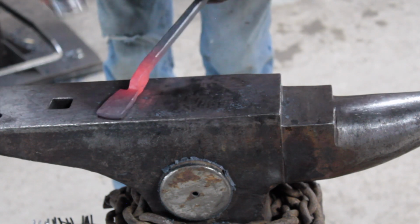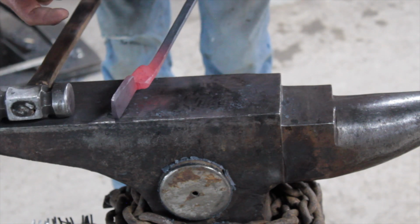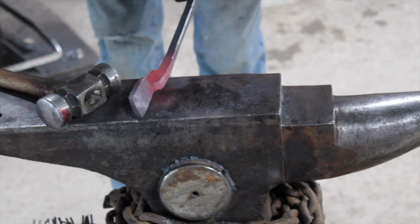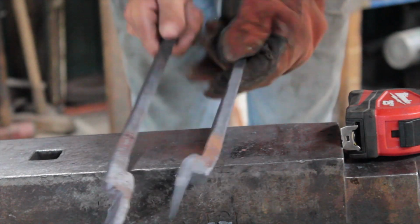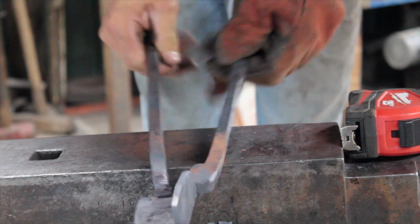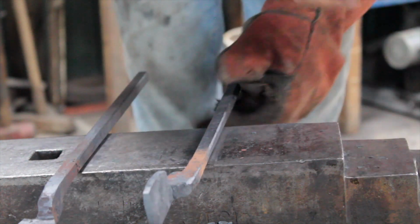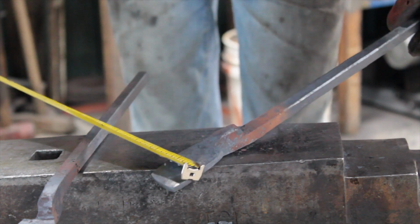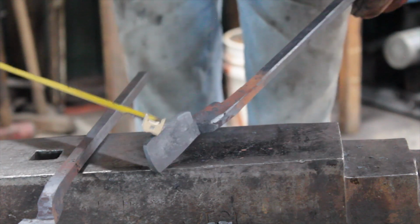With a V-bit tong, you can get your jaw fairly thin because all your strength is in your angle. And then it's a lot easier to finish it out. Always make sure that you keep checking everything to make sure it's looking symmetrical. Everything's looking about where I want it. These wound up being about an inch and a quarter, maybe a little shy,